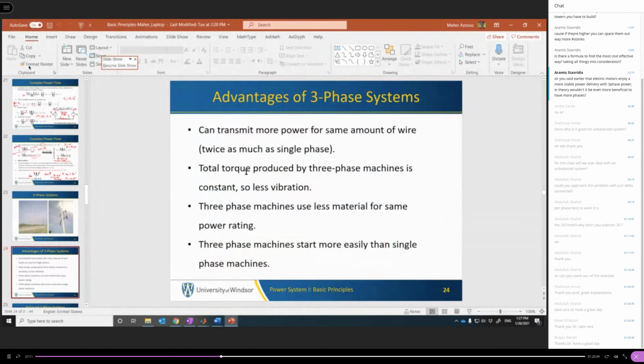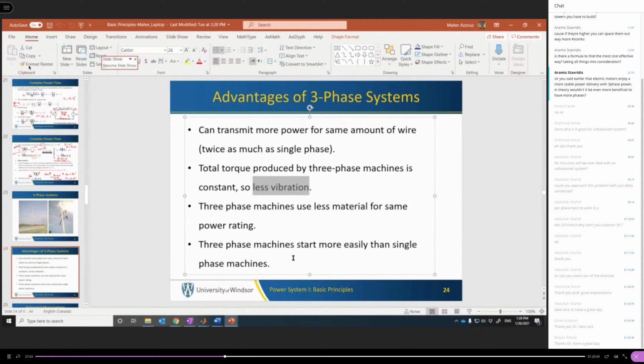Okay, so as I told you, the total torque in 3-phase machines is smooth and constant, with less vibration. I'm saying less vibration, I didn't say no vibration. Why? Because if the system is unbalanced, then we will have slight vibrations as compared to single-phase systems. 3-phase machines use less materials, and they can also start easily, because when we have multi-phase